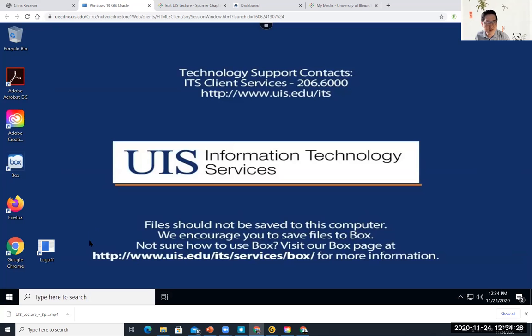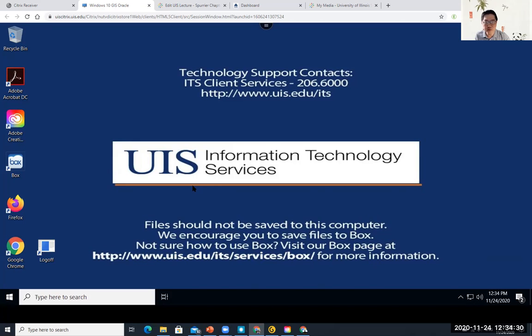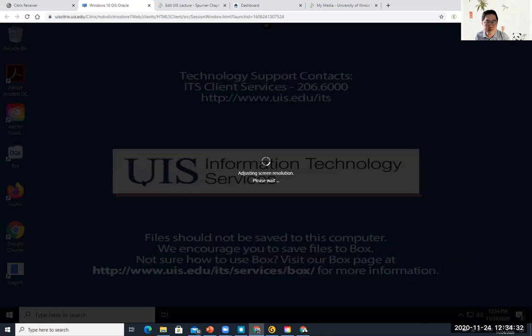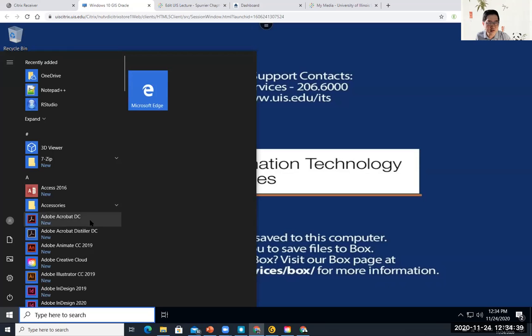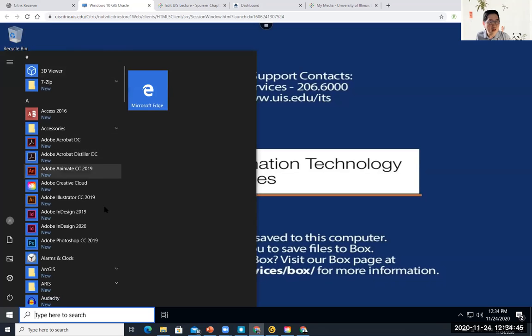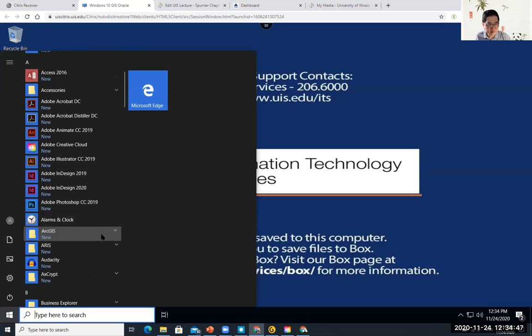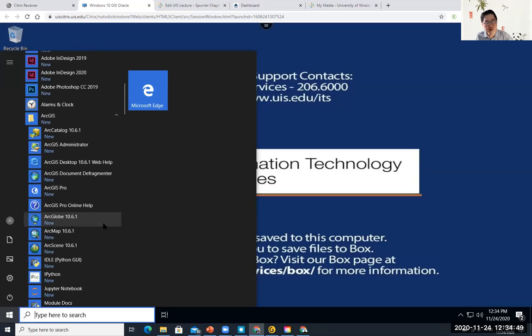The virtual machine, this virtual machine, I'll send you a link. I mean, actually, I would send the email to the ITS, ask them to give you access to this virtual box. There's a software called ArcGIS right here. And ArcGIS is a geographic information system software, probably the default one to visualize